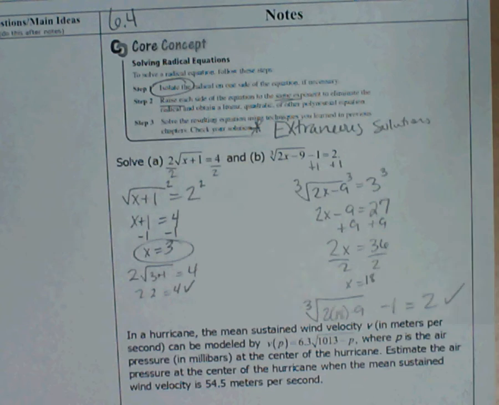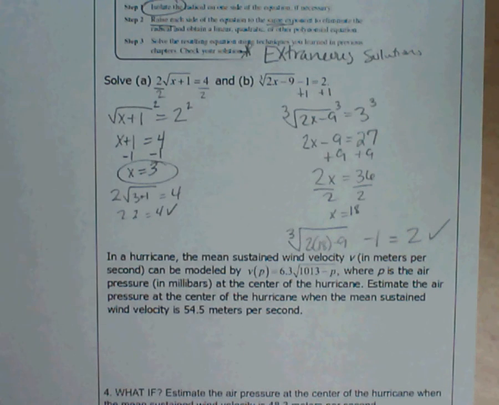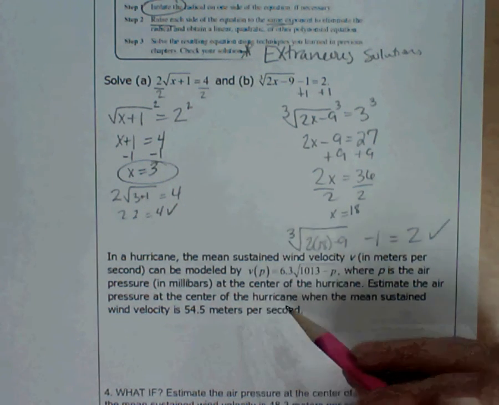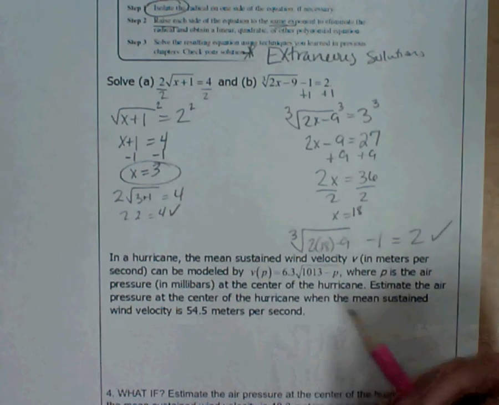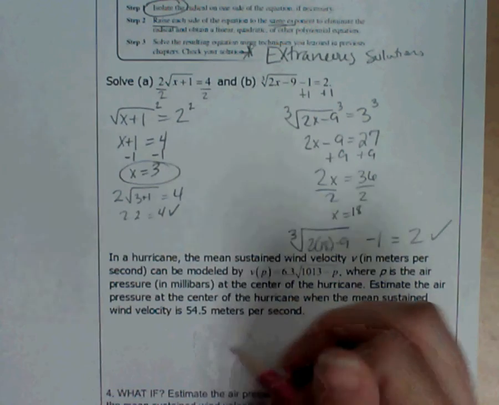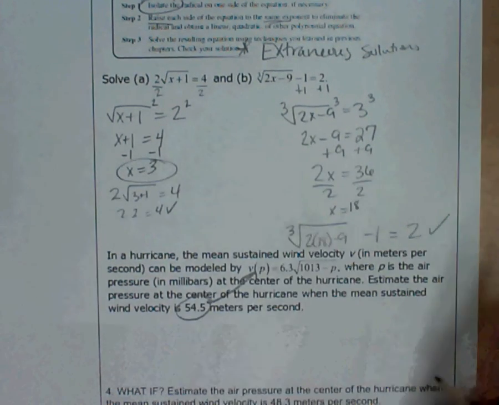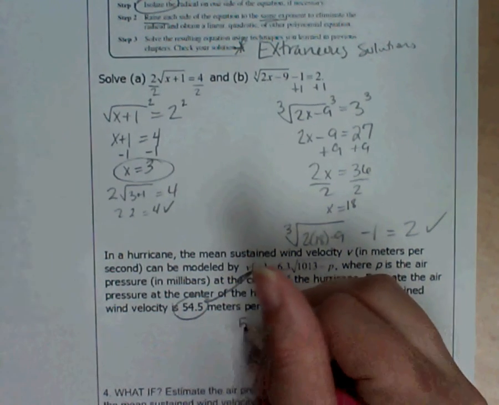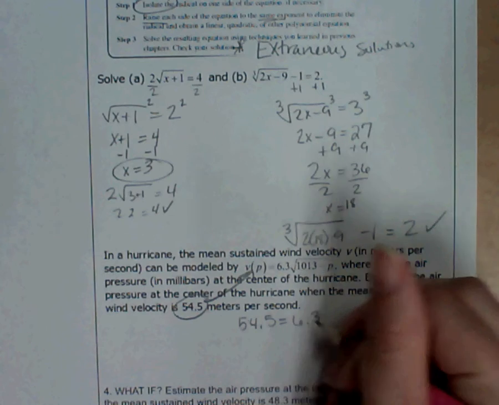That works. In a hurricane, the mean sustained wind velocity in meters per second can be modeled by this function, where P is the air pressure in millibars at the center of the hurricane. Estimate the air pressure at the center of the hurricane when the mean sustained wind velocity is 54.5. So this 54.5 is right here, your wind velocity. So 54.5 equals 6.3 root of